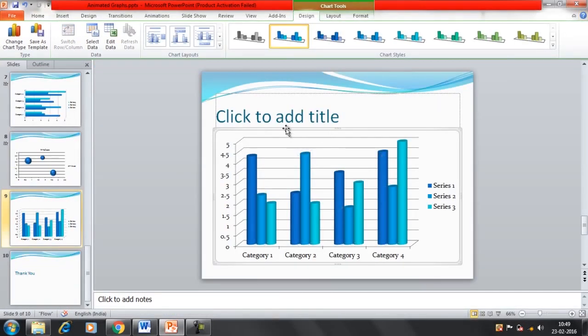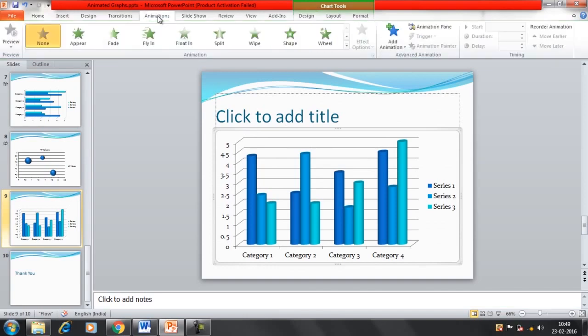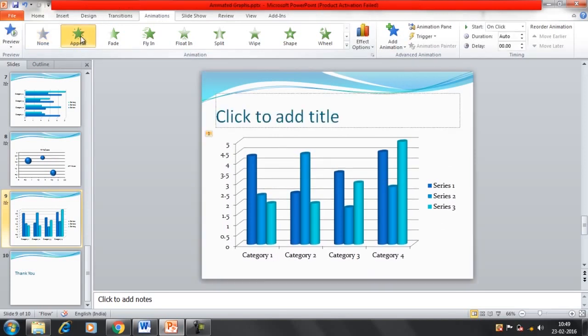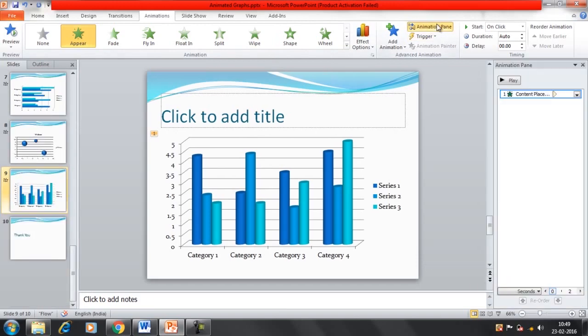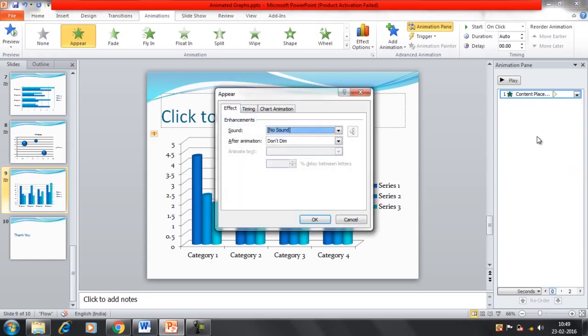I'll select this graph, click on the animation, and after that I'll apply some animation here. Let's say I'll select the appear animation and click on the animation pane. Now this is the animation I have applied here. I click here and select the option Effect Options.